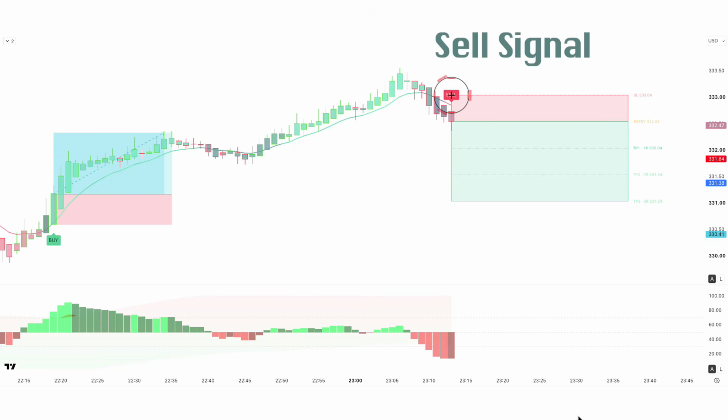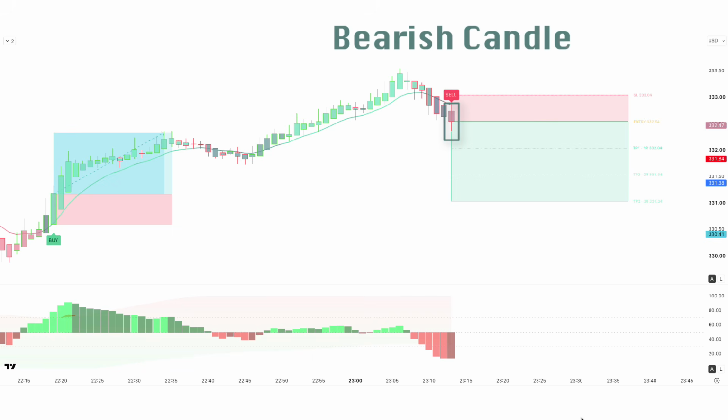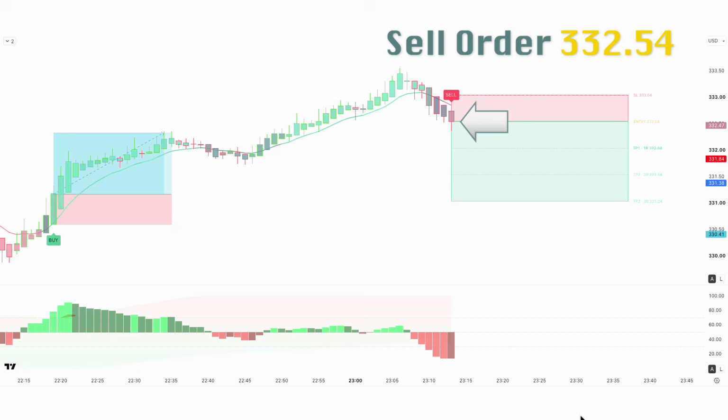Here the Quant Confluence Engine label down is a sell signal. Here the red columns of Dynamic RSI Level Plus Divergence are below the zero line. Here the market has made a bearish candle to give confirmation. So all our conditions are being fulfilled, so we are placing an order to sell